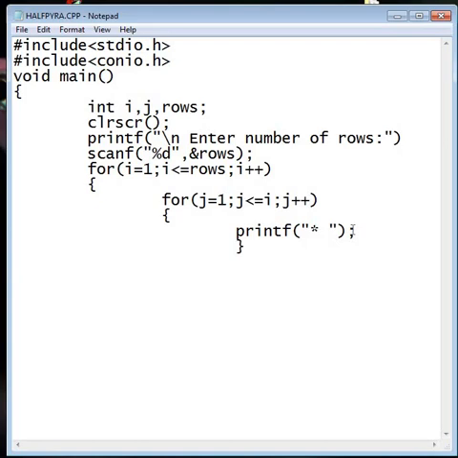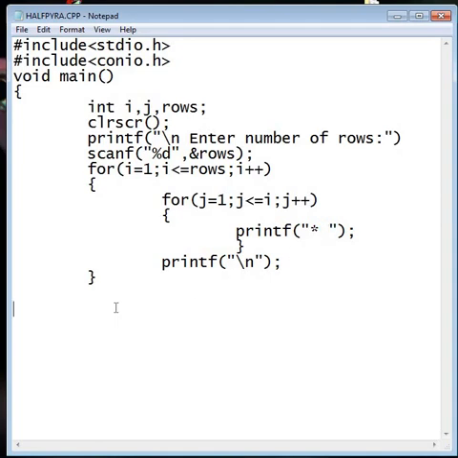So I'm closing it. Now I have to use another printf statement for a new line. Why we have to use the second printf statement, we'll discuss later. Just note it down. We'll show what will happen if we don't write the new line, and what will happen if we don't put a blank space here also.